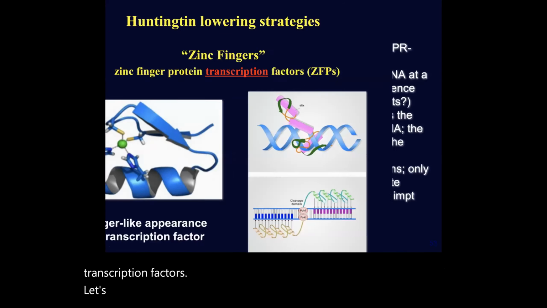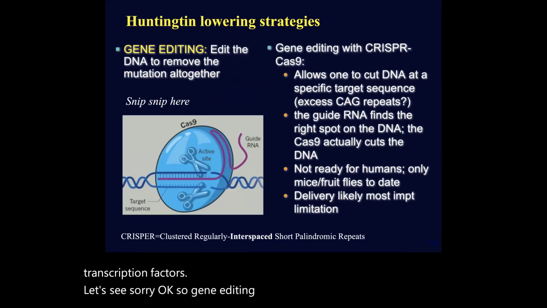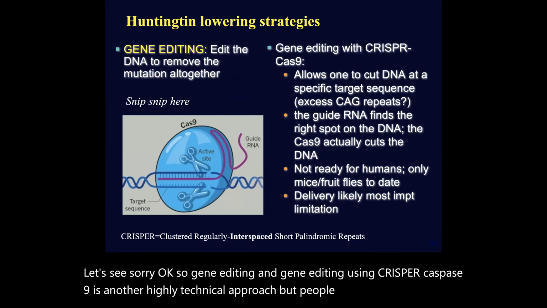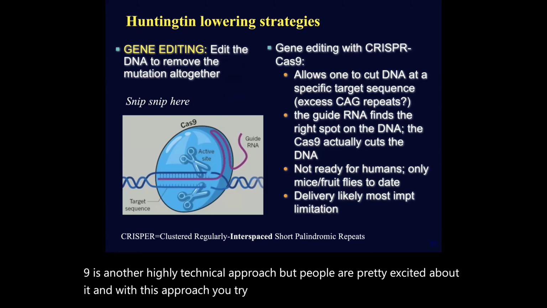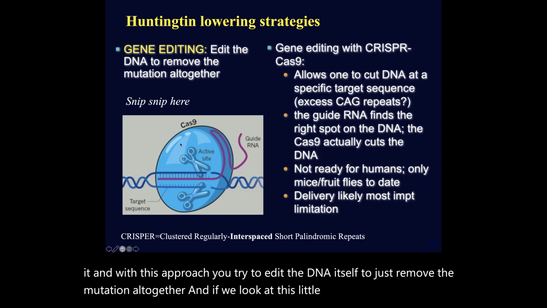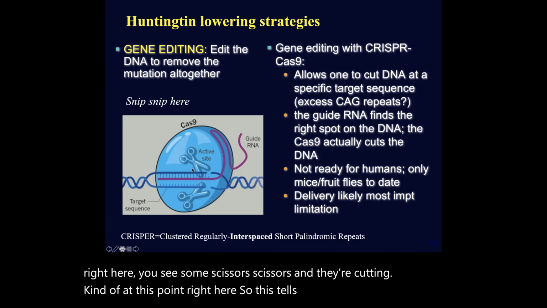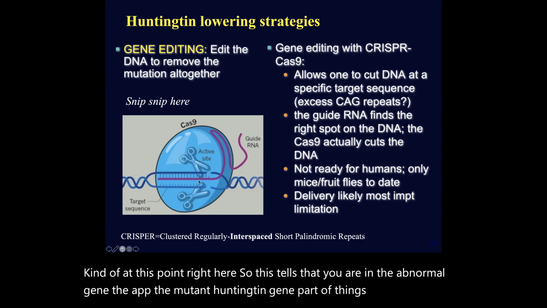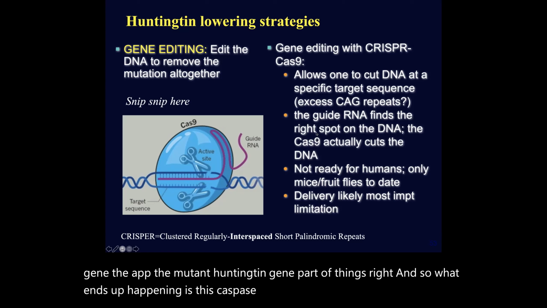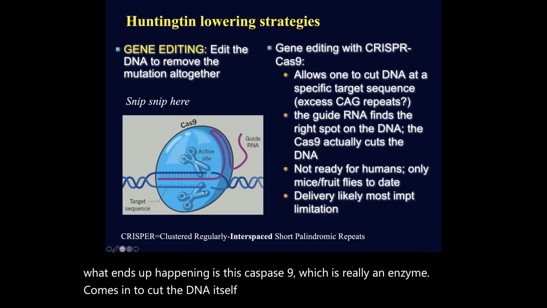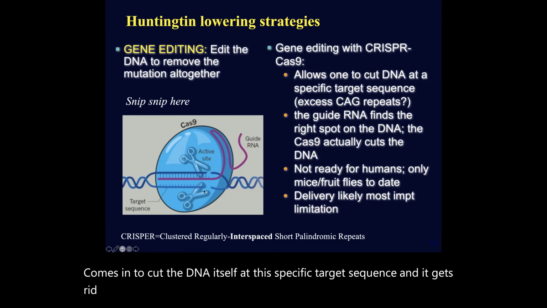Okay, so gene editing using CRISPR Cas9 is another highly technical approach, but people are pretty excited about it. With this approach, you try to edit the DNA itself to just remove the mutation altogether. If we look at this little cartoon right here, you see some scissors, and they're cutting at this point right here. So this tells you that you are in the abnormal gene, the mutant Huntington gene part of things, right? And so what ends up happening is this Cas9, which is really an enzyme, comes in to cut the DNA itself at this specific target sequence,